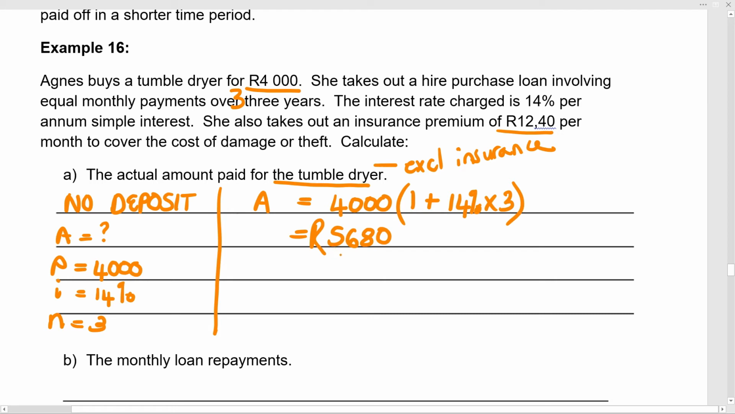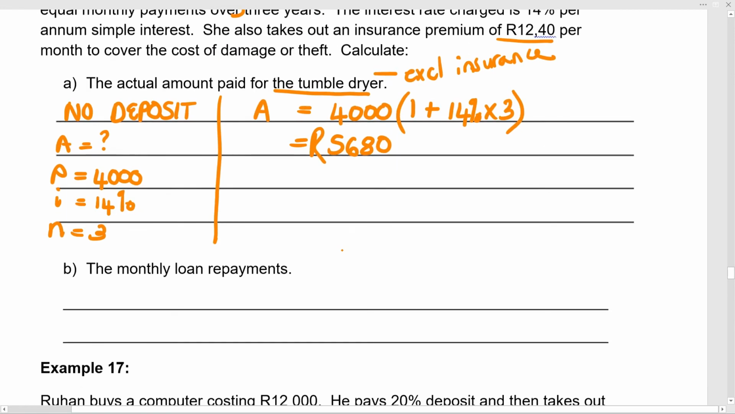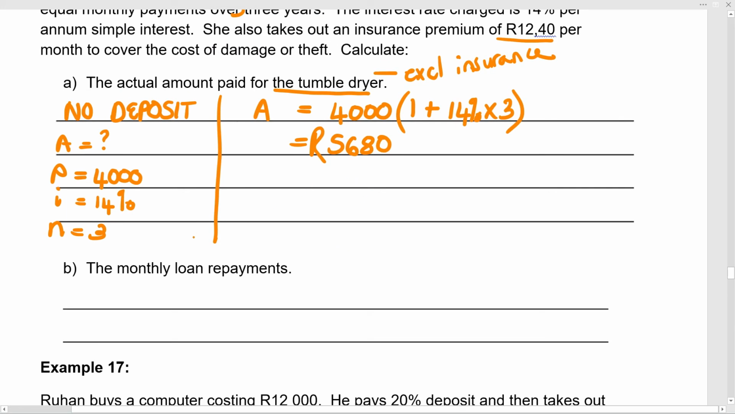Okay, now we need to work out monthly loan repayments. So what we've got to get our heads around is that 5,680 Rand must now be split up over the number of months in, how long was it again? 3 years. Okay, so I've got to take 5,680 and I'm going to divide that by, you might know that it's 36, or you might actually need to write there 3 times 12. Okay, and that is going to be